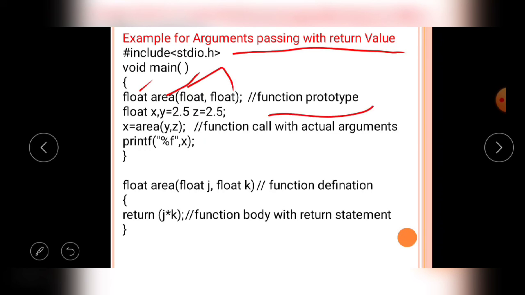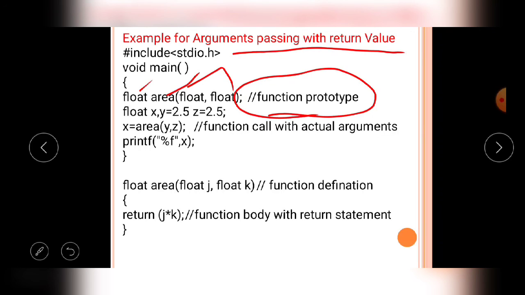I declared the prototype declaration of the area UDF, which means the area user defined function will receive two float values, then find out the area of a rectangle, that is j into k or a into b, whatever the variable names may be.